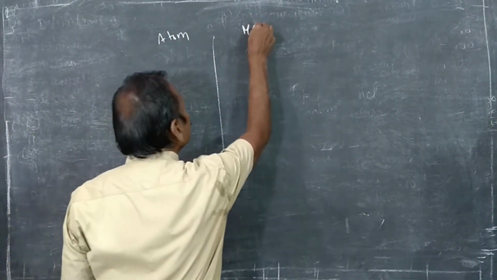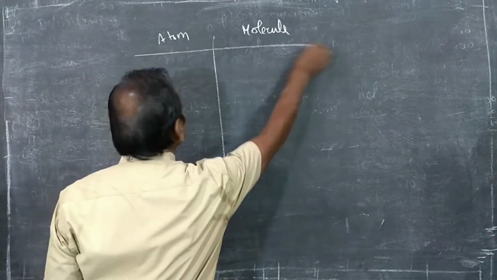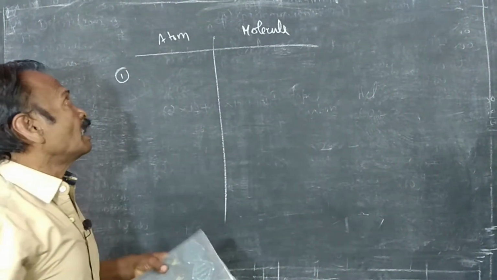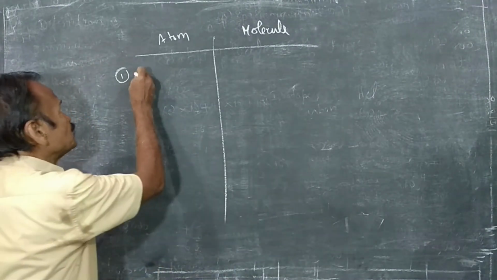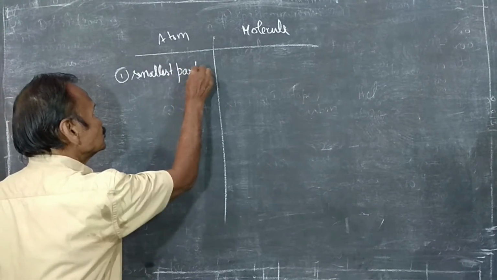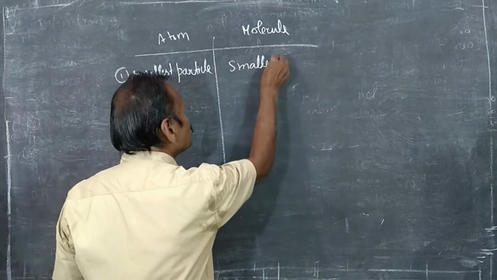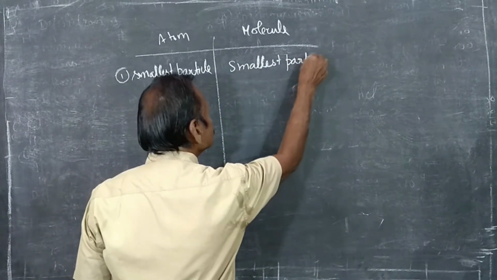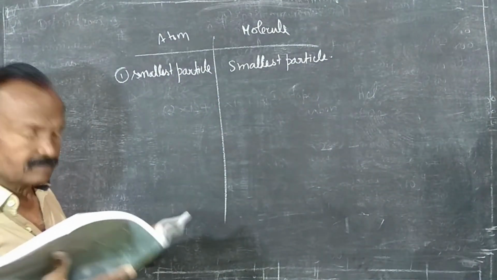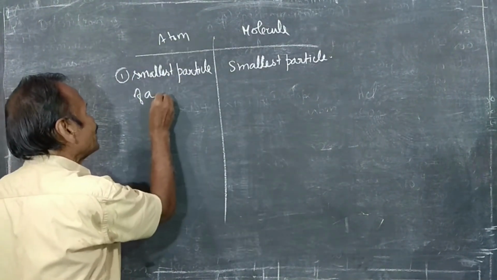What is the difference between an atom and a molecule? An atom is the smallest particle. A molecule is also the smallest particle. This is the smallest particle of an element